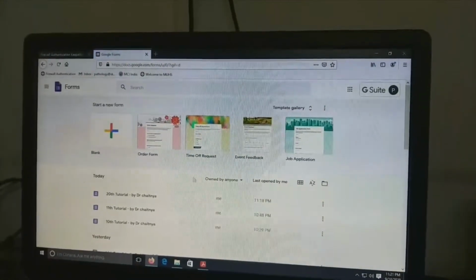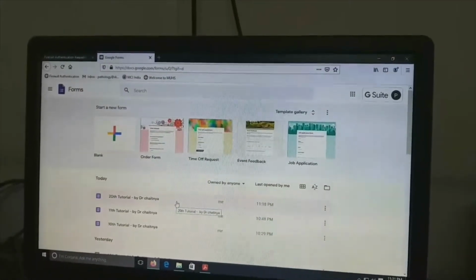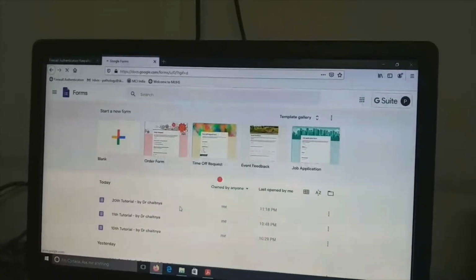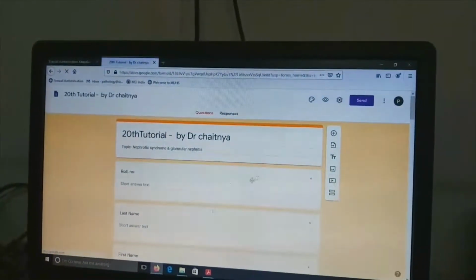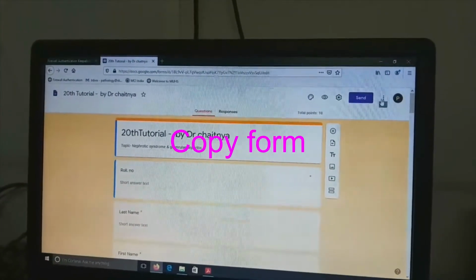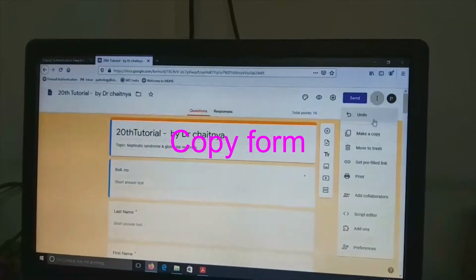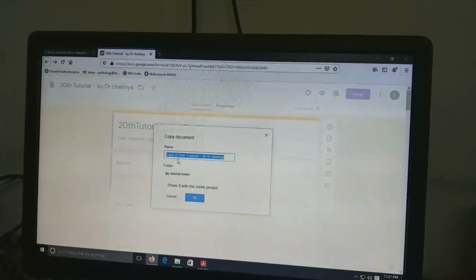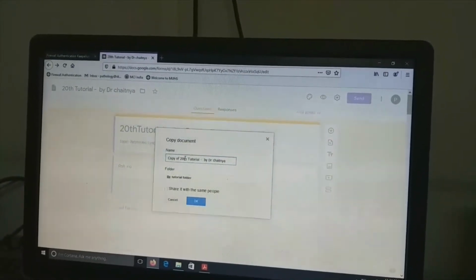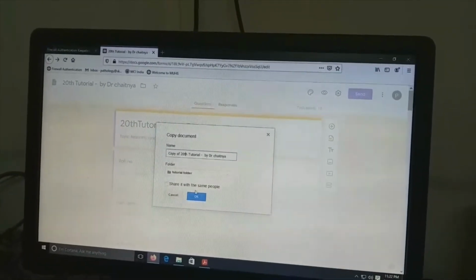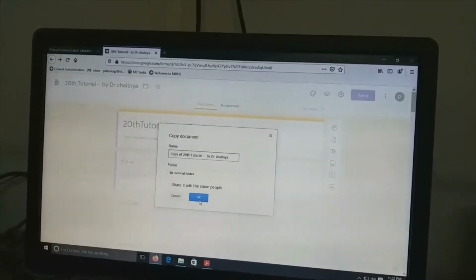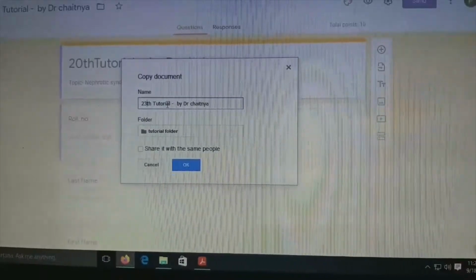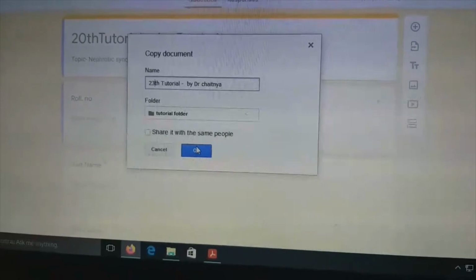Click on that form. There are the old forms already. And then you take any old tutorial already done by me. Make a copy of that tutorial like this, which I am showing here already. After making a copy, you have to change first the name of this copy from the 20th to whatever tutorial number is given for your assignment list. I have changed it for now to 23rd.